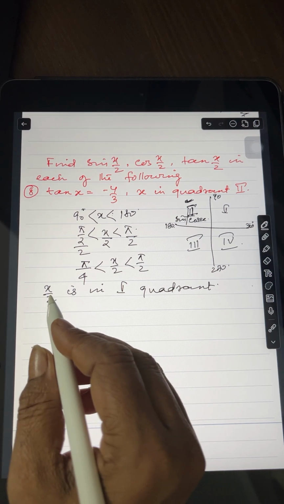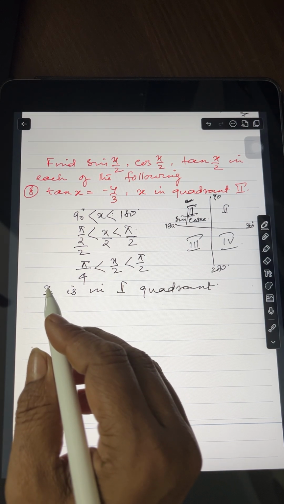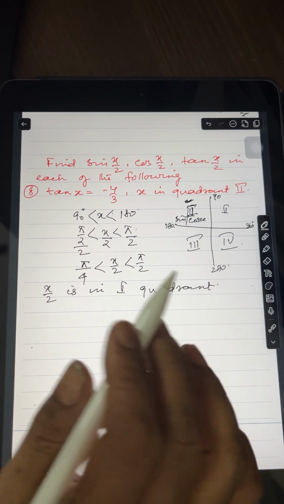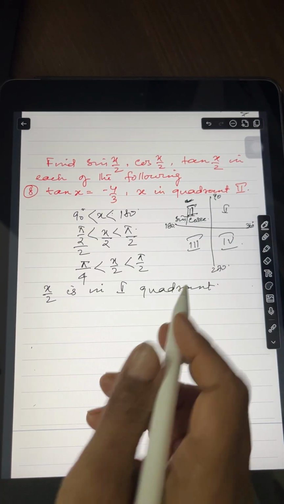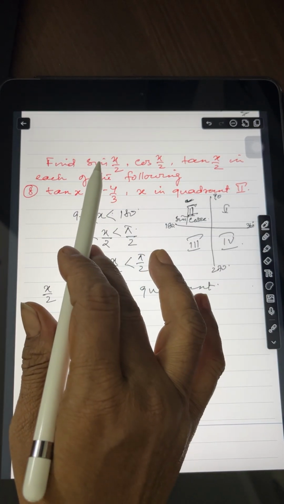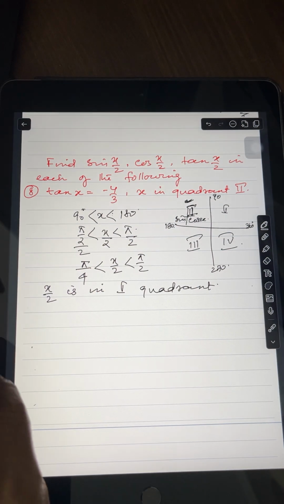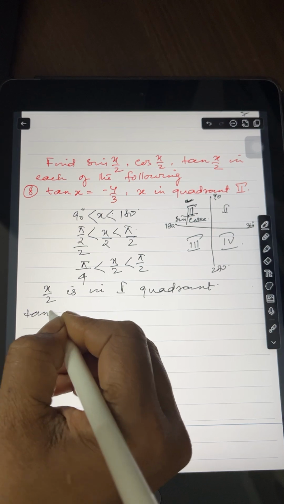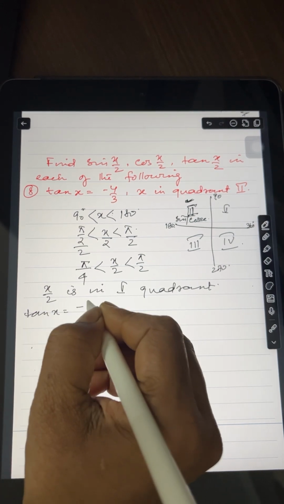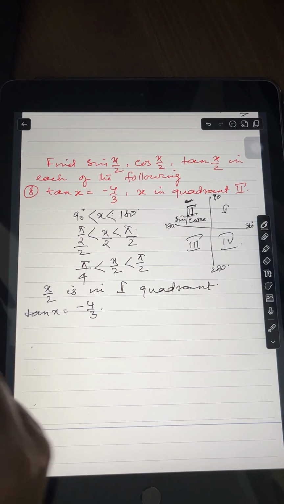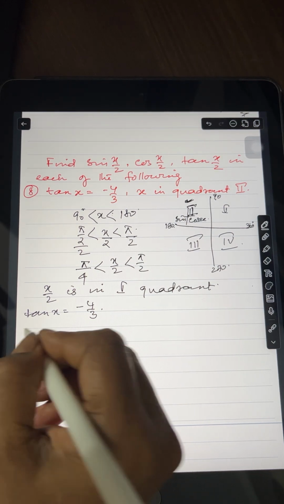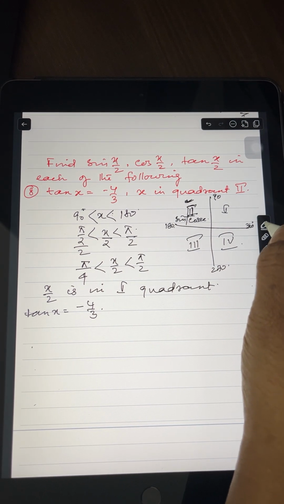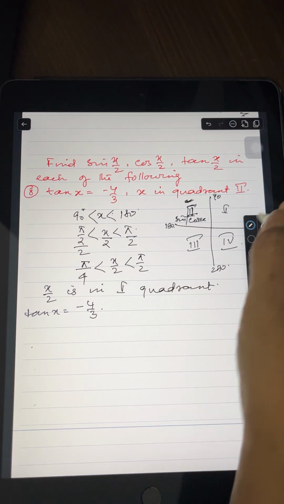So, understood till here? The angle theta is in the first quadrant. We'll have to find out sine, cos and tan. Now what is given is tan x is equal to minus 4 by 3. This is given. So we can take one,